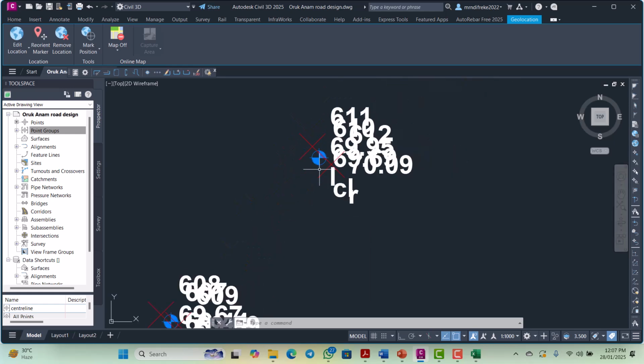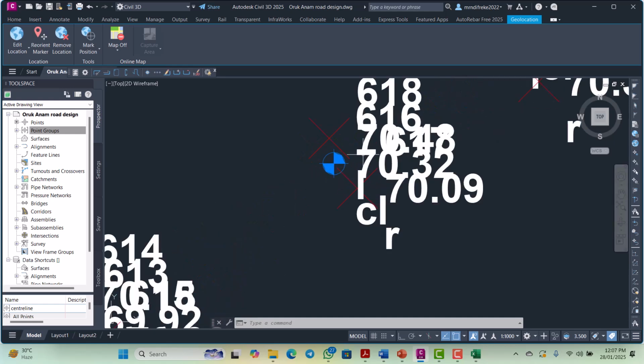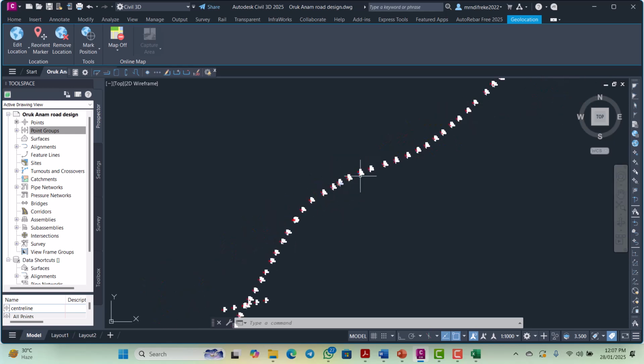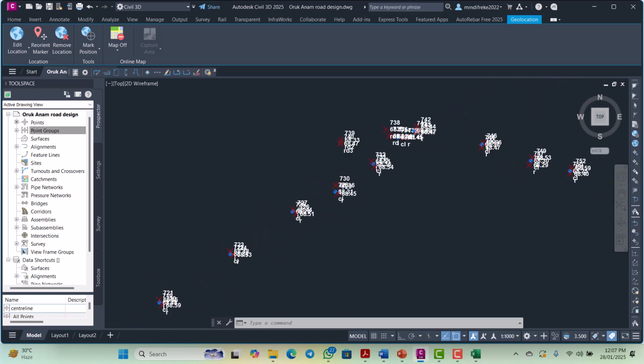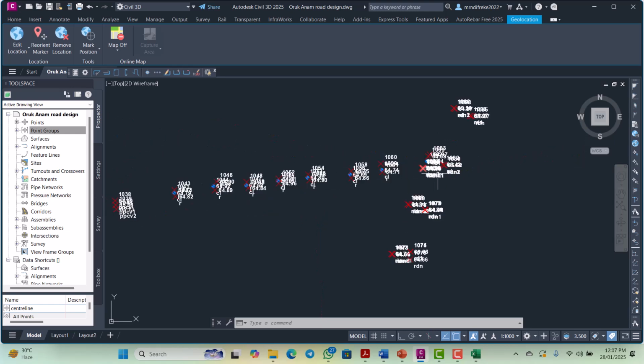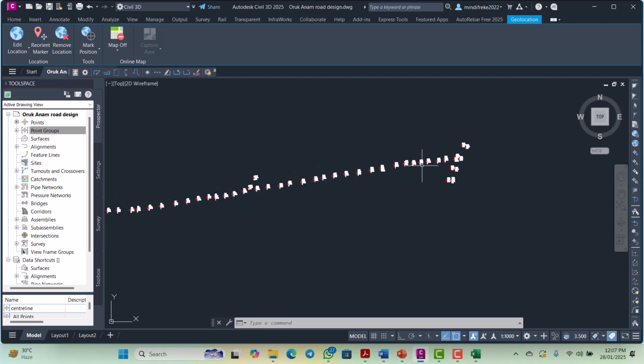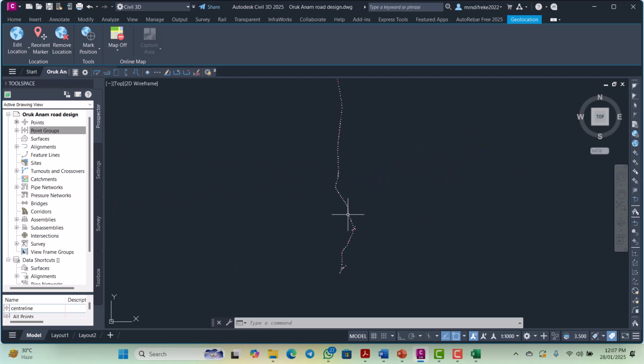So we have been able to create a different point style for the center line, which will help us when we are plotting, when we are creating the center line